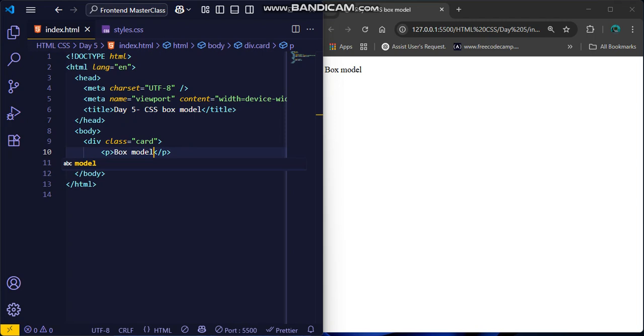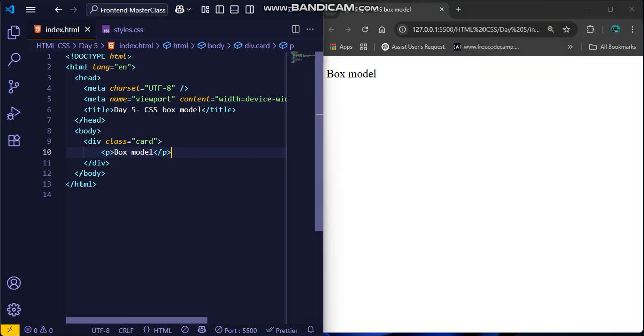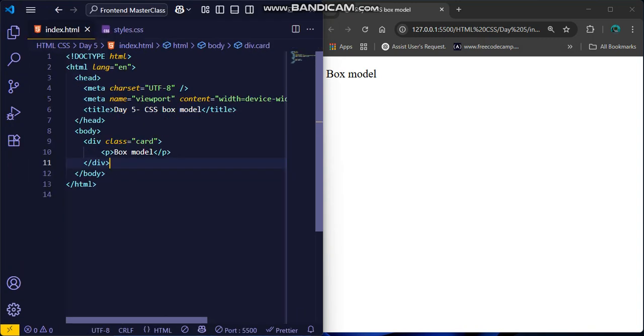Let me increase the brightness of the system a bit, and also let me zoom it in the browser for you to see what you are doing. Oh, I think this one is so much bigger. Okay,